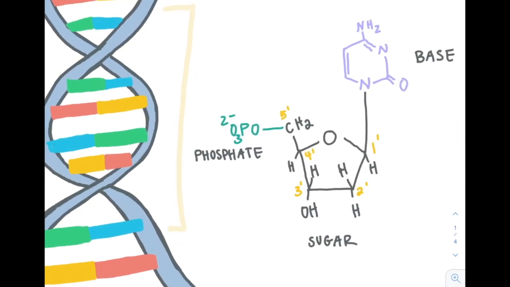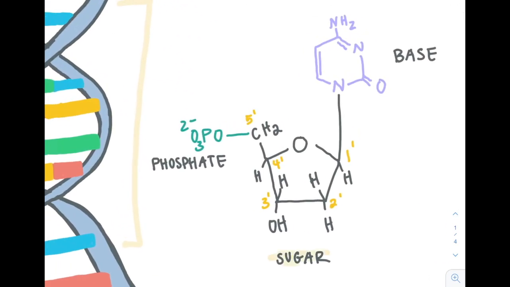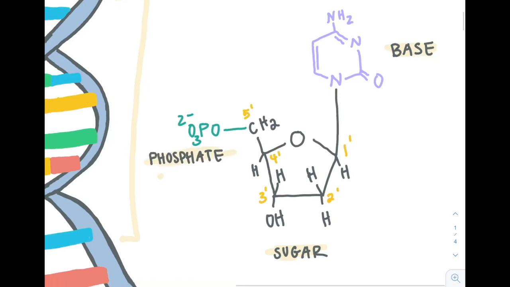Nucleotides consist of three things: a ribose sugar, a nitrogenous base, and a phosphate group. This ribose sugar is important and is directional. At the 3' carbon is where DNA grows, and at the 5' carbon is where phosphate attaches and where the phosphodiester bonds are. This is what makes DNA directional.